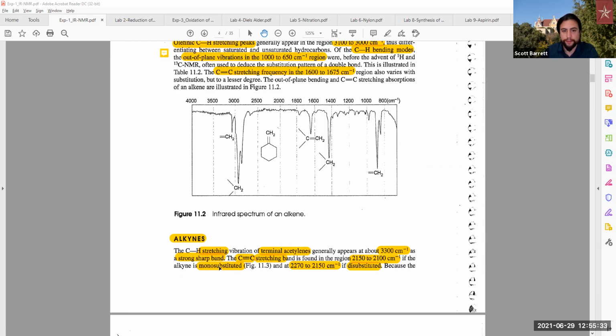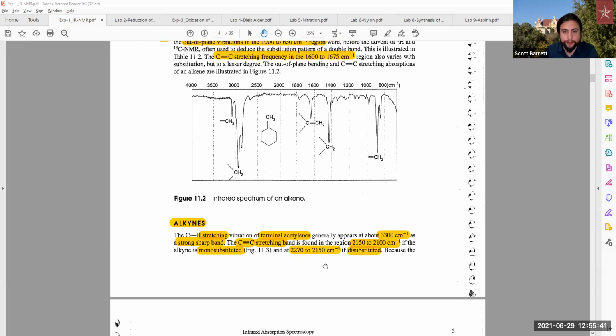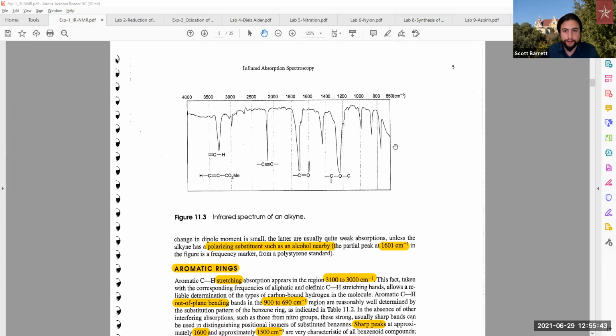Additionally, if an alkyne is monosubstituted, that's where it would be. But if it's disubstituted, it actually would be even higher energy level at 2270 to 2150. Then going forward,